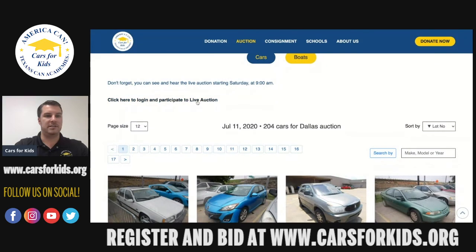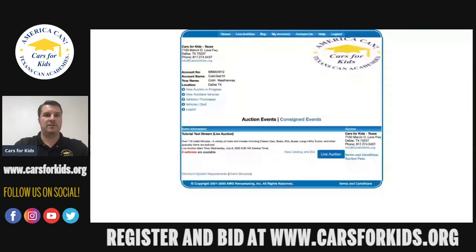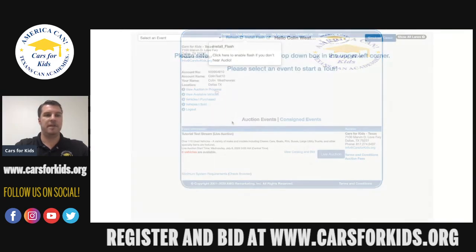So once you go back here, you start looking at the vehicles for sale, you'll see this link right here where it says click here to log in and participate in live auction. So you'll click this button and it'll open up a new page for you. Let me share that real quick. All right, so you'll open up this page right here. And basically what it's going to tell you is that you can view the auction in progress. You can view our available vehicles. You can view vehicles that you have purchased or vehicles that you have sold, which you don't have to worry about. So once you get to this screen, you'll want to click View Auction in Progress,